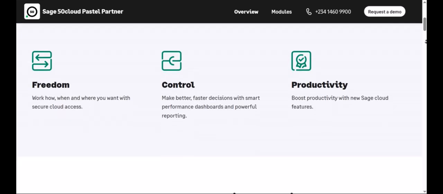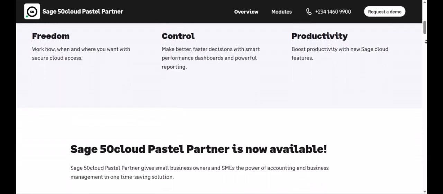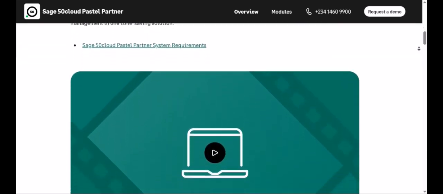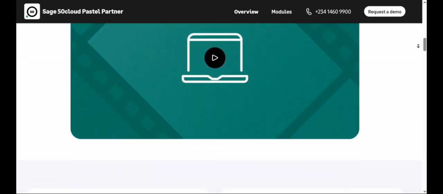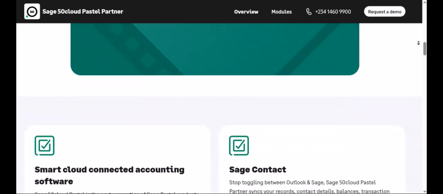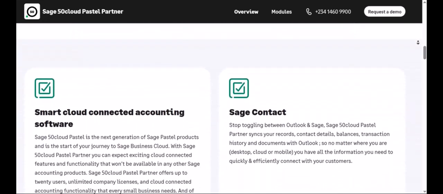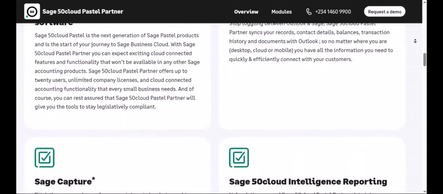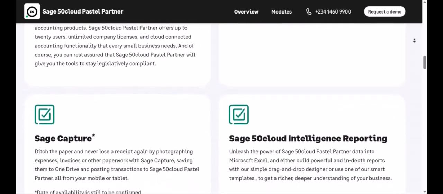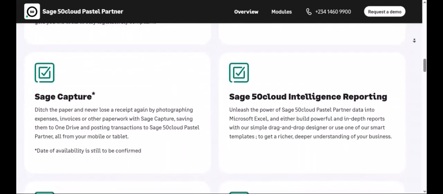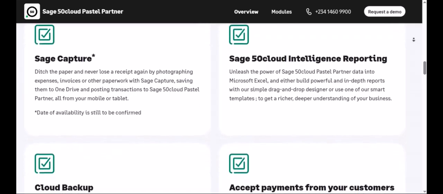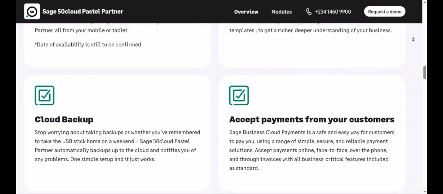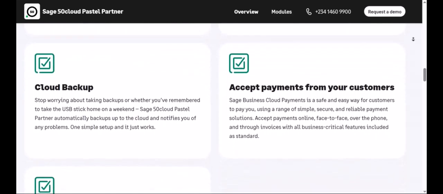Furthermore, Sage empowers businesses with robust financial reporting capabilities. The software can generate a variety of reports, including balance sheets, income statements, also known as profit and loss statements, and cash flow statements. These reports provide a snapshot of the company's financial health, highlighting its assets, liabilities, equity, revenues, and expenses over a specific period. These insights are invaluable for business owners and managers to assess performance, identify trends, make strategic decisions, and attract investors